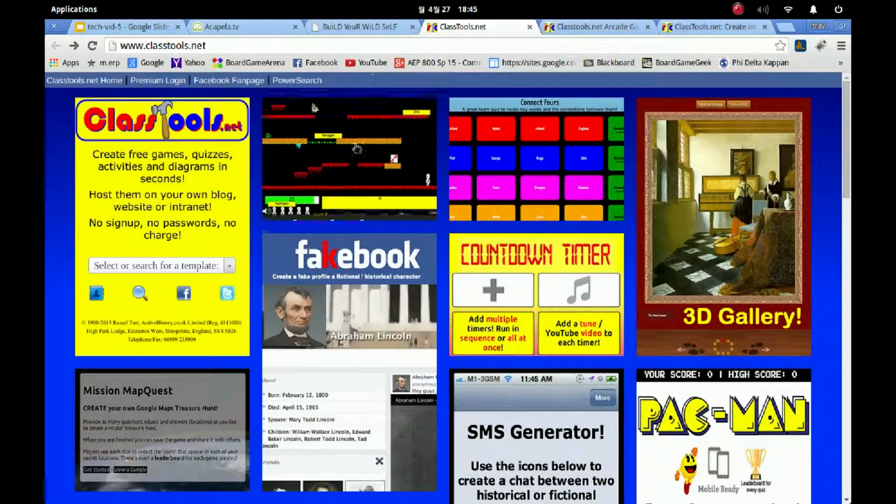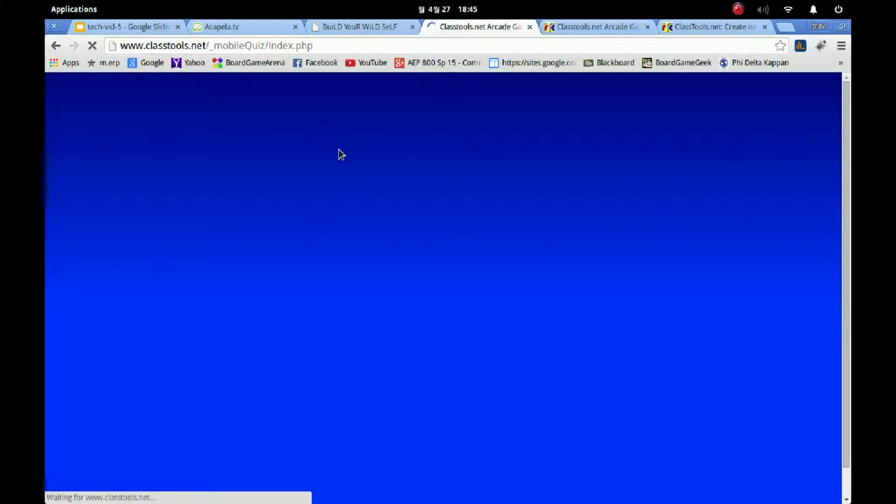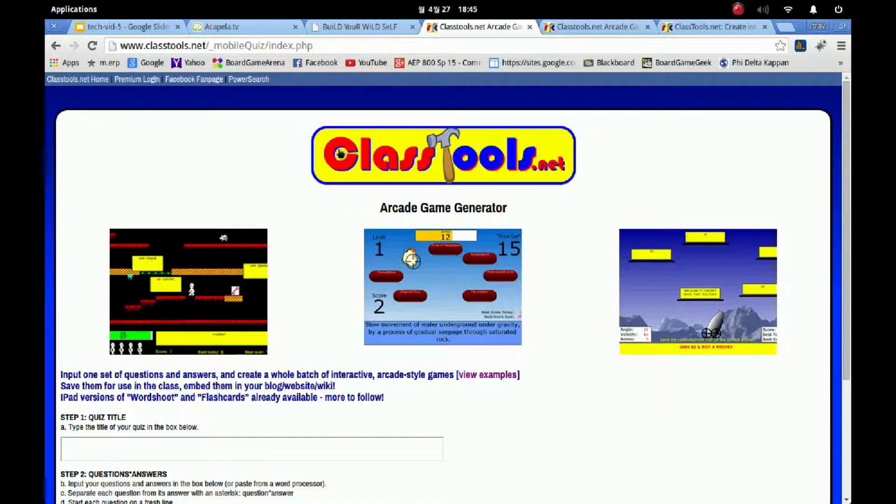But the one that I really want to highlight, well, I'll go into a couple of them. The first, I'm going to look at this game. I mean, I just have to look at this game. So this is an arcade game, man, I'm getting tongue-tied a lot. This is an arcade game generator where you put in some questions